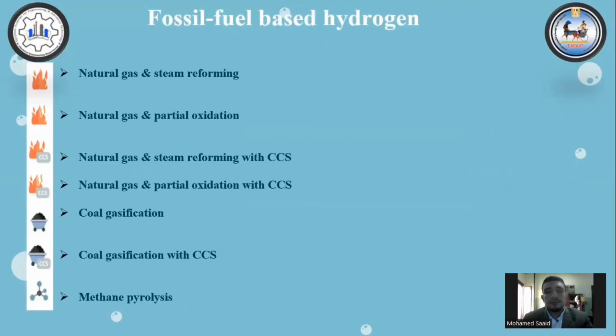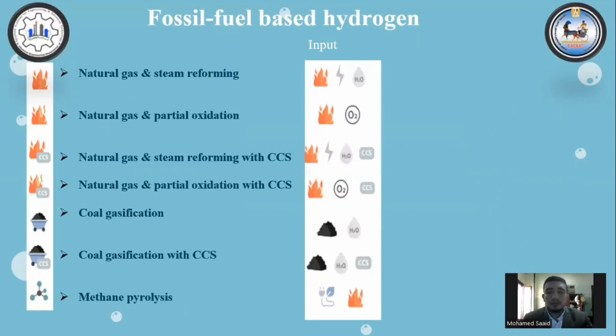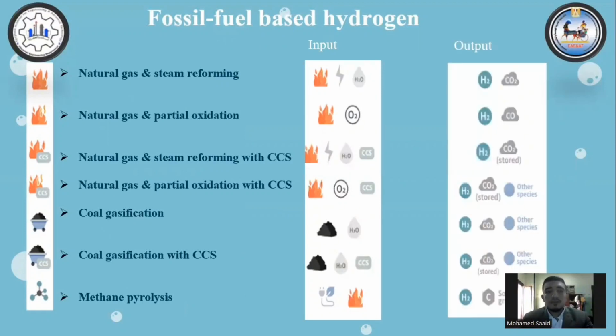Fossil fuel based hydrogen. The first process is steam reforming of natural gas. It produces hydrogen and carbon dioxide. Natural gas, by using a partial oxidation process, also produces hydrogen and carbon monoxide. It can be classified as gray hydrogen. Natural gas, by using steam reforming with CCS, produces hydrogen and carbon dioxide, which is stored. Natural gas, by using a partial oxidation process with CCS, produces